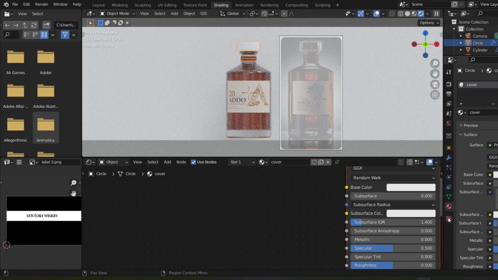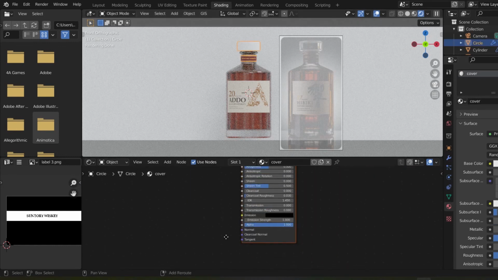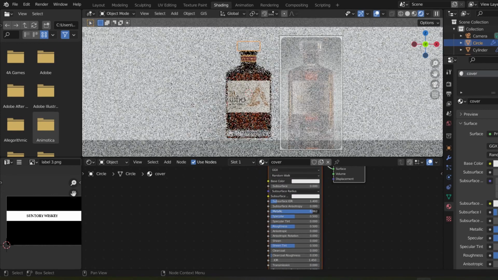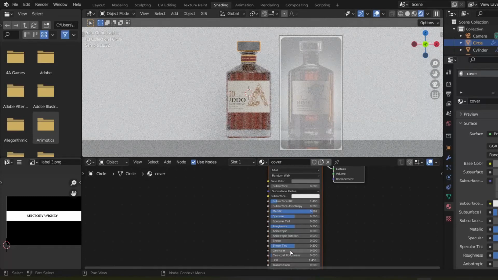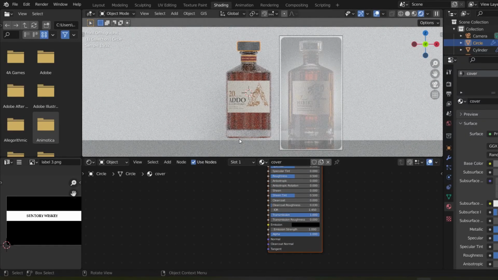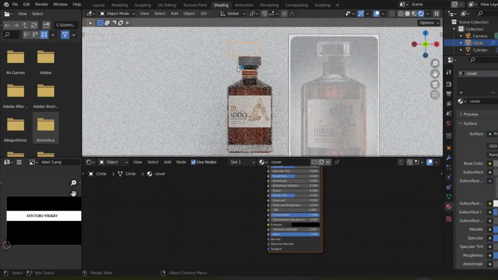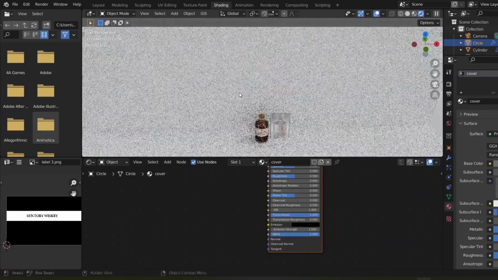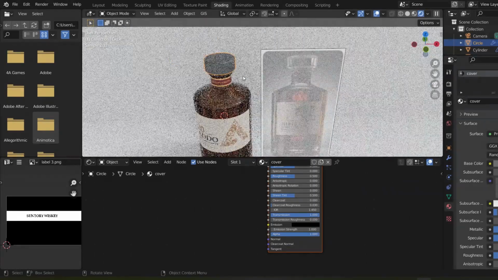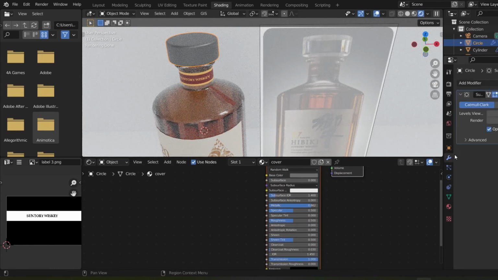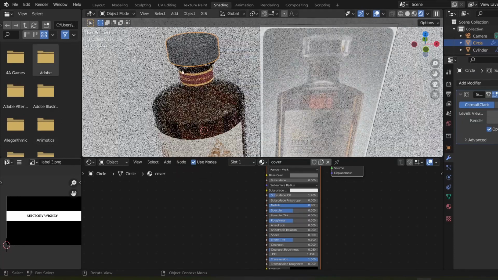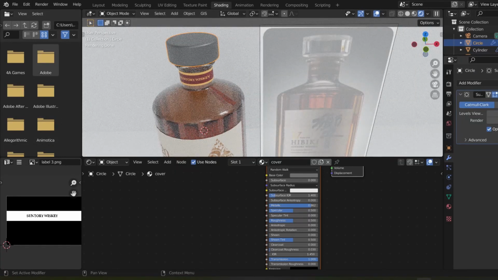Let's also change this one, the top. I'm going to make this metallic, bring the base color down a bit. Also, I'm going to increase the transmission to 1. I just want it to be that way. And let's see. Okay, so yeah, let me turn off shade flat and see how it looks. Okay,